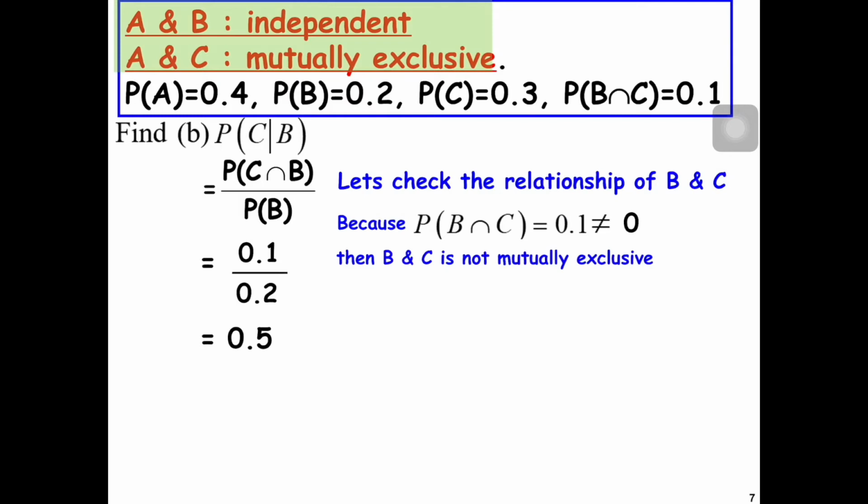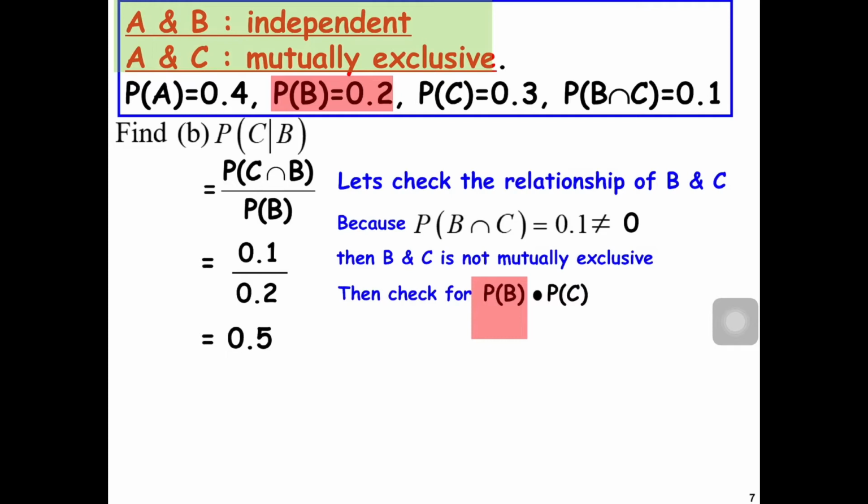Therefore, B and C are not mutually exclusive. Then check probability B multiplied with probability C. So we have probability B, that is 0.2, and probability C, that is 0.3. So multiply it, and you will get a value of